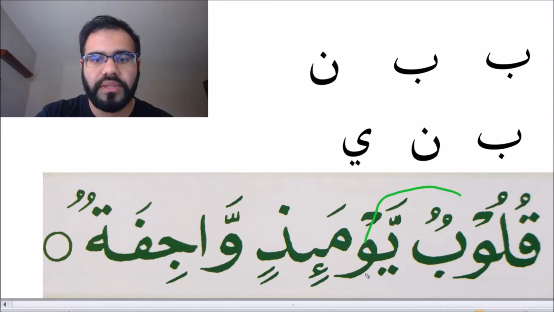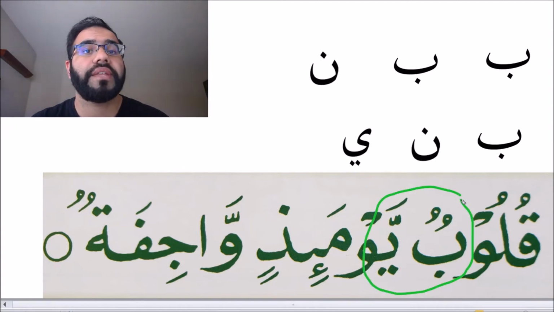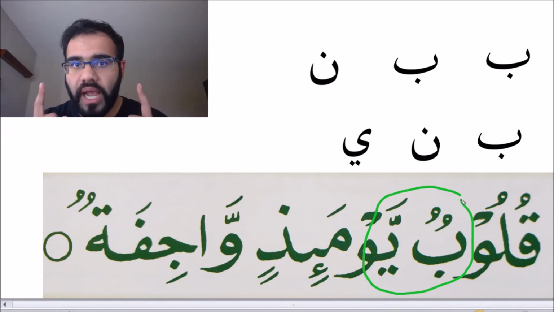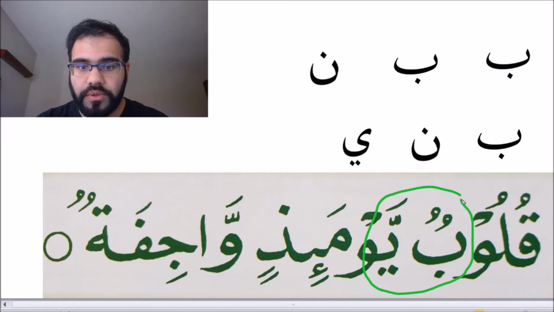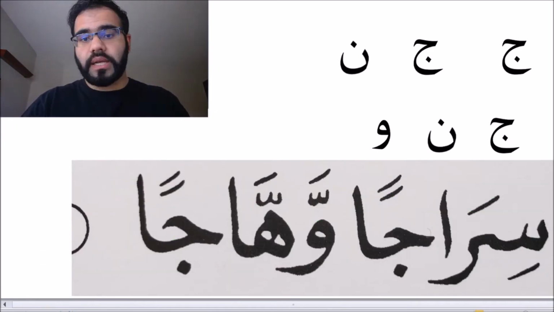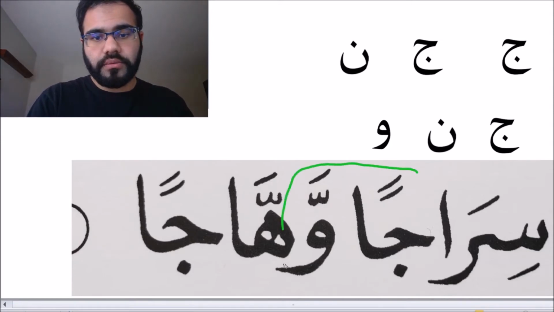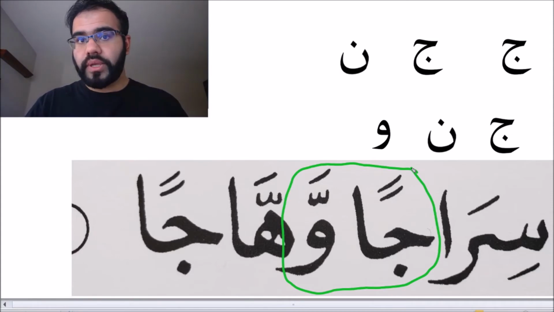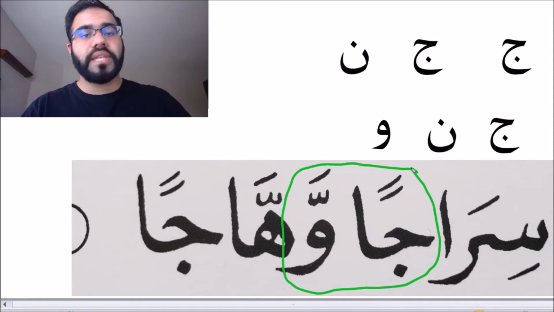We did talk about this junction right here, but there is idgham that shows up one more time in this box. I will be right back with this example. So we're going to go to the next one, and then I'm going to come back to this one. So in this example, I'm going to look at this junction. And you notice this time that there is tanween, but there is no ya with a shadda.